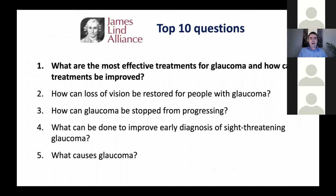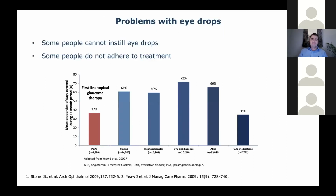So I think we've looked at some of these questions. I just wanted to very briefly go back to question one: what are the most effective treatments for glaucoma? And when we think about glaucoma treatments, for most people, it involves eye drops. And I don't need to tell you about the problems that people can have with eye drops. Some people can't put them in. Some people, most people actually, don't always take them. And people have looked at different diseases where people have to take medication every day. And glaucoma